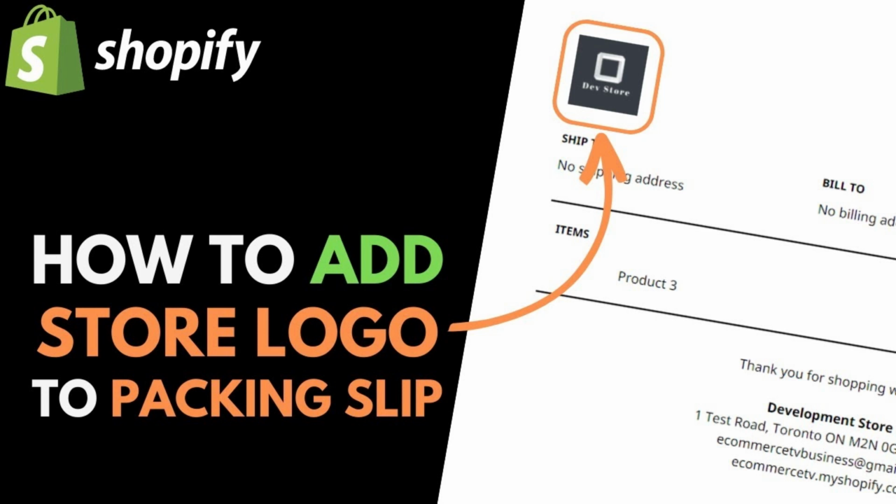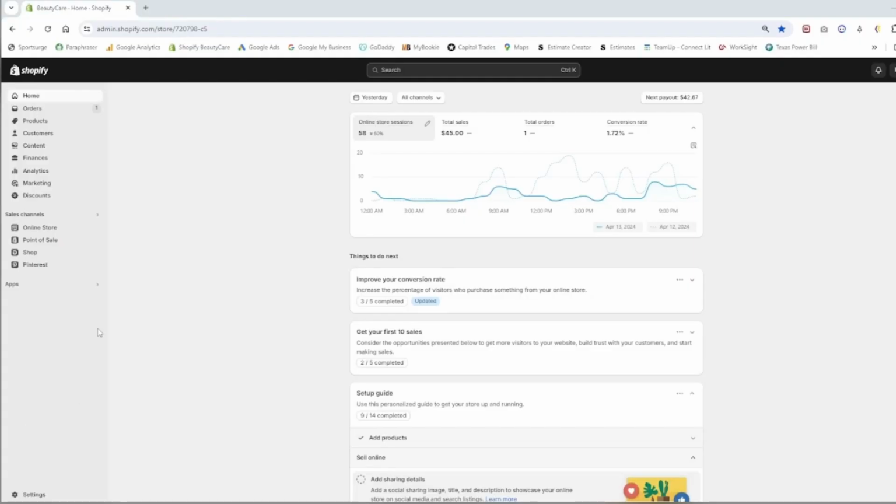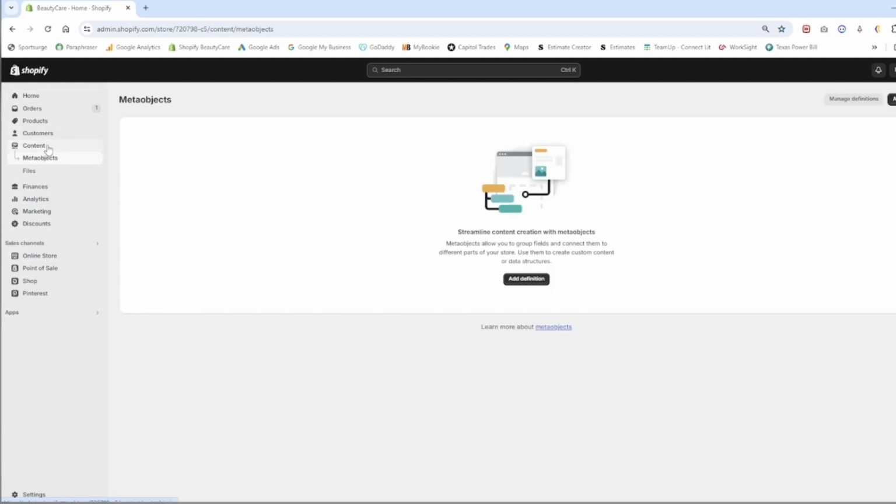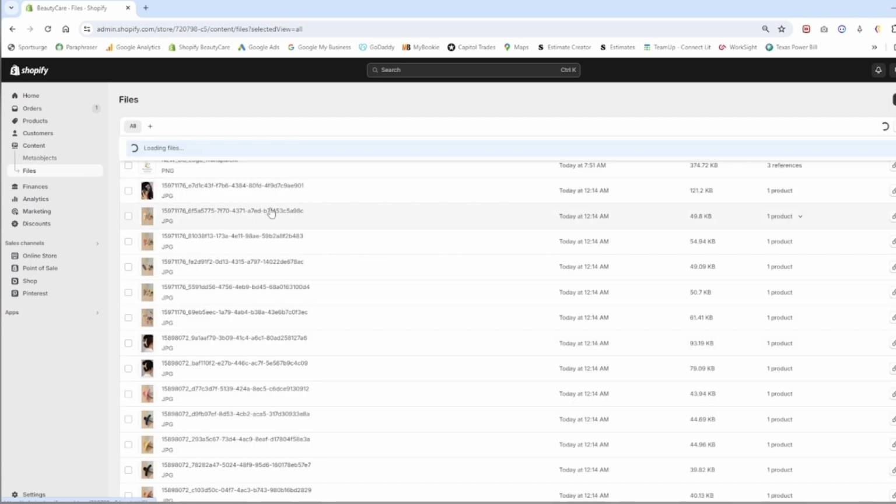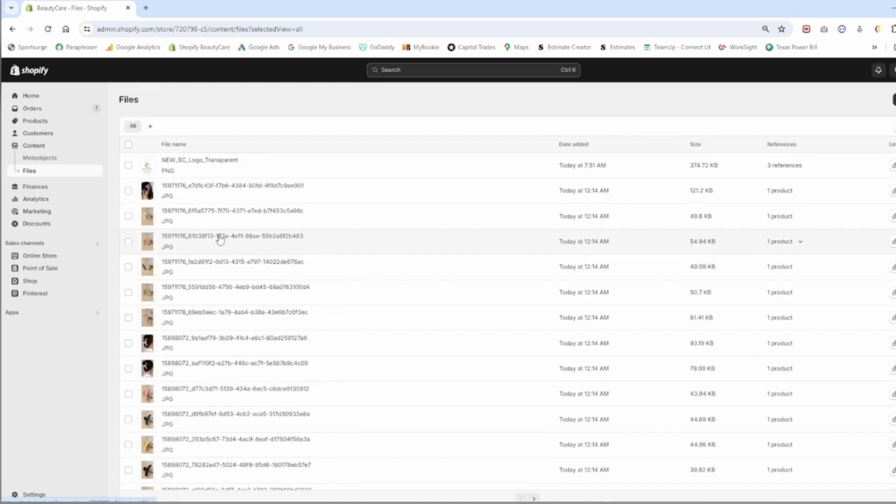Hello everybody, today I will be covering how to edit and add a logo in a packing slip template on Shopify. So first you're going to go to your admin on Shopify, and then you're going to find the file, go into Content, click Files, and then you'll see all of your files there. What you're going to do is go to the far right and click Link, and what that'll do is copy